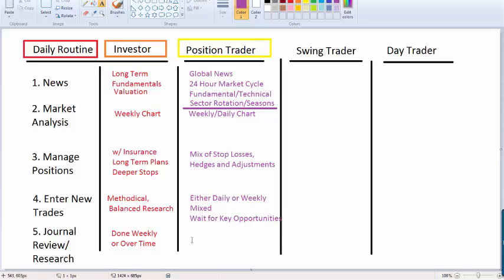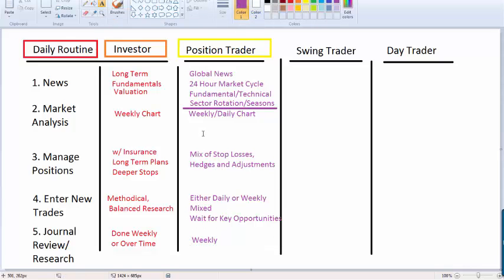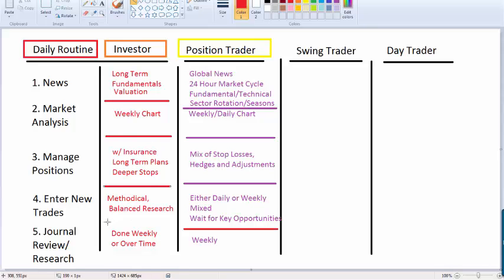Journaling, review, and research, I would say weekly is when you do it. So when it comes to position trading, there's a different mindset. You don't necessarily even trade every single day. You do it over time as the market develops. You're still connected to the markets, and investing is still a very big part of what you do. The investor may not even look at the market some weeks. You might glance at your accounts in the morning for 5 minutes. Some days you might spend 3 or 4 hours. Investing is a completely different animal.